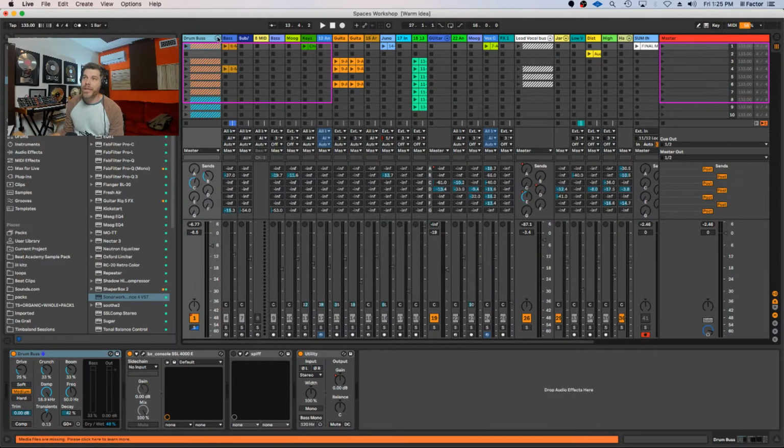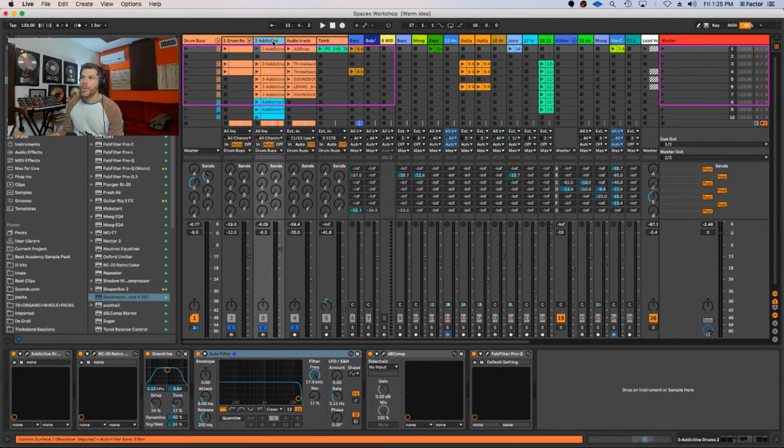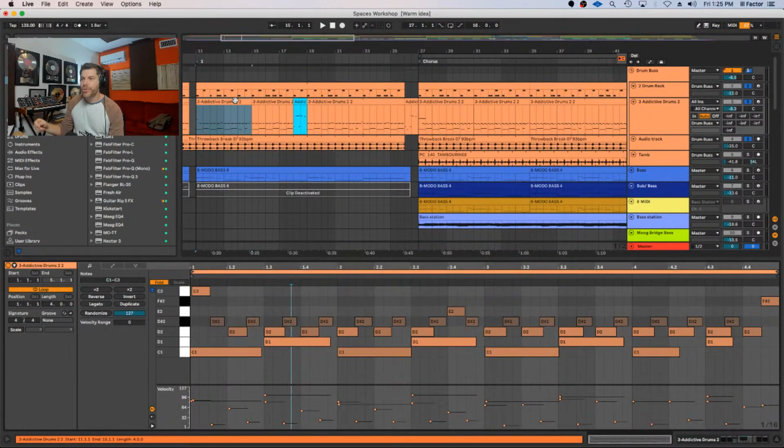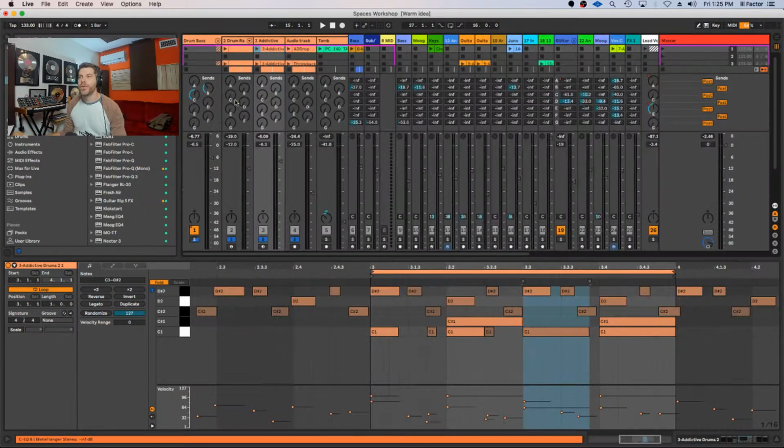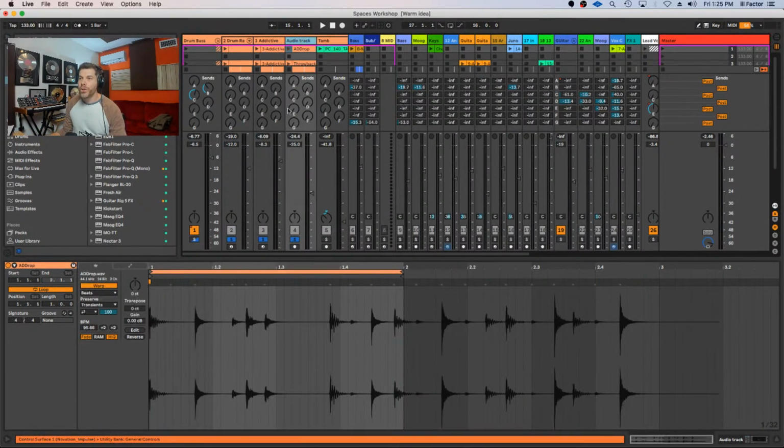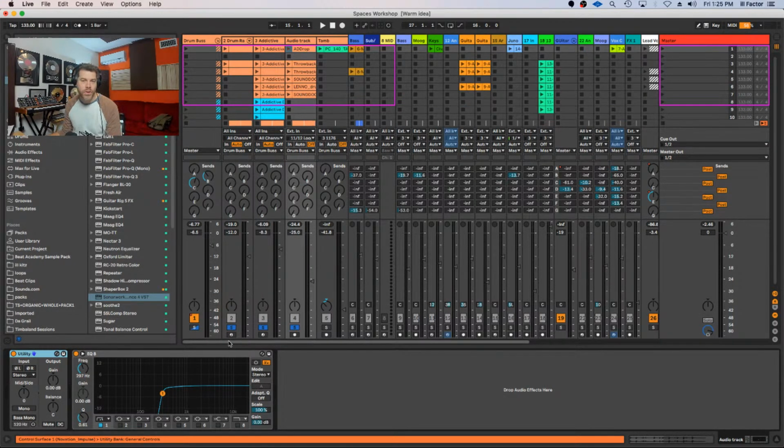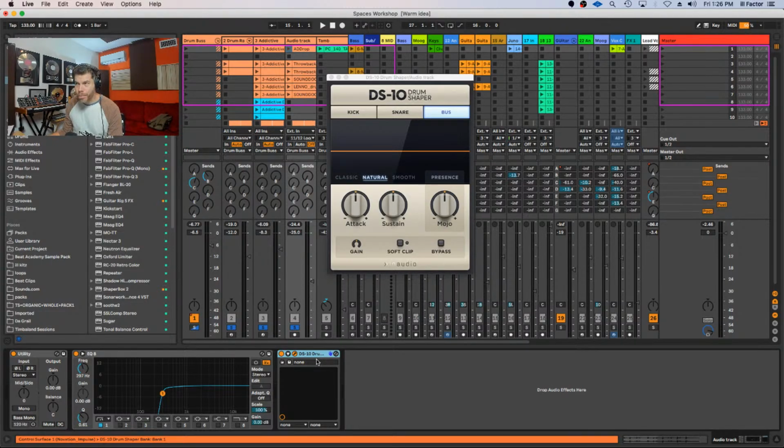That goes right back to the importance of having my main acoustic drums a little bit sloppy, not perfectly on the grid. But then what I can do is use things like transient shapers to eliminate the attacks of some of those transients. So something as simple as a DS10 drum shaper, or there are plenty of free transient plugins out there.